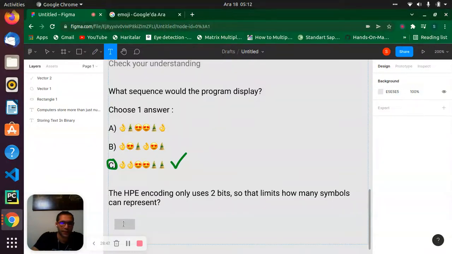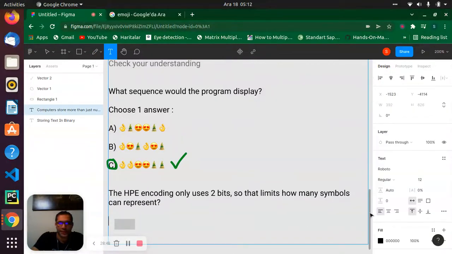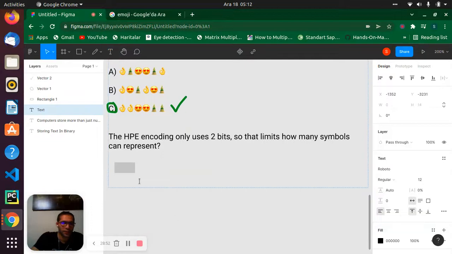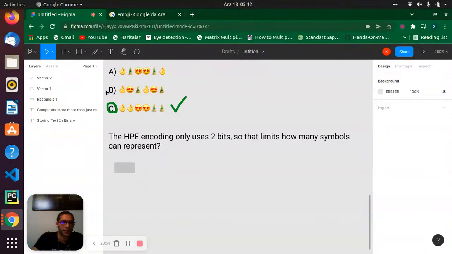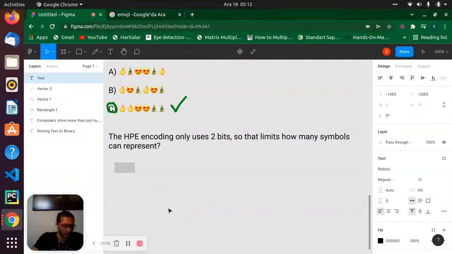Let's come back here and write for displays. Let's say 4, because 2 bits has limits, right? In 1 bit we have two possibilities. It can be 0 or 1. I mean it can be true or false in 1 bit, so we have two patterns.